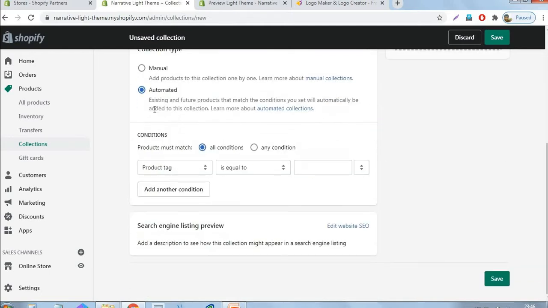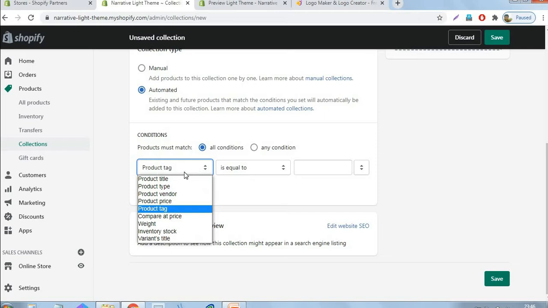The main important thing is we need to give conditions to connect our product with the collections. We can give the conditions in a lot of ways, but I always choose product tag as the main condition. See here, we can give the conditions by product title, product type, vendors, price.